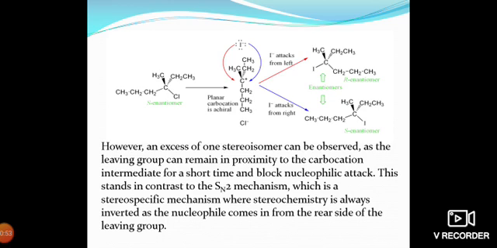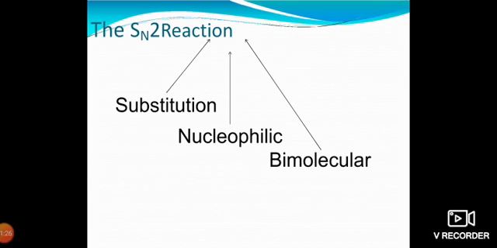Where the leaving group is eliminated, then the nucleophile attacks from that side, then it forms an S enantiomer. Retention of configuration takes place. Where the leaving group is eliminated and the nucleophile attacks from the opposite side, then inversion of configuration takes place. Then racemic products can be formed. Generally SN1 reactions involve a retention of configuration. When the leaving group is eliminated, the nucleophile can attack from either direction.